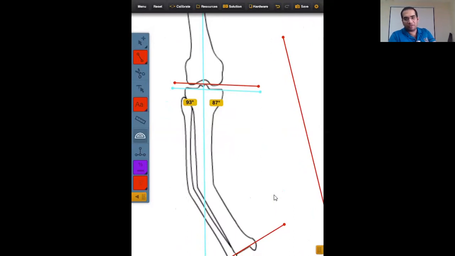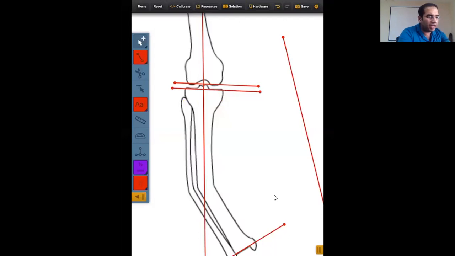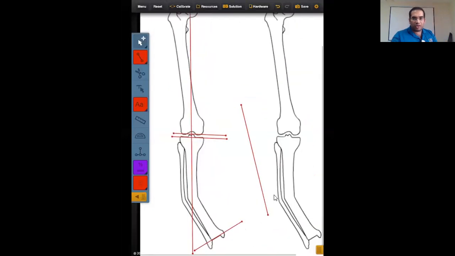It would have made no difference. Okay, here I can do both. I can simply extend the line, or I can draw an 87 degree line. Why have I drawn the line? Because I want to show you the aim of our correction: I want to bring the center of the ankle in line with the mechanical axis of the limb.